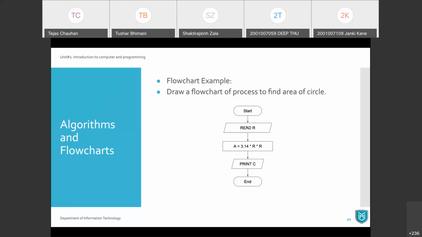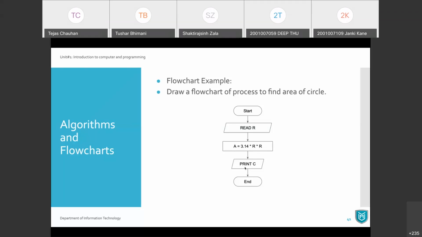Once we have the radius, we just need to calculate the area. Calculation of area is a normal process, so it will be a basic rectangle. In that rectangle we calculate A equals 3.14 multiplied by R square, R into R. This is where we have calculated our area.